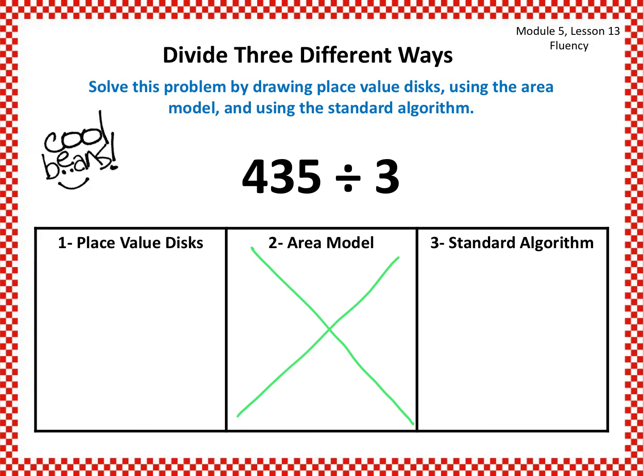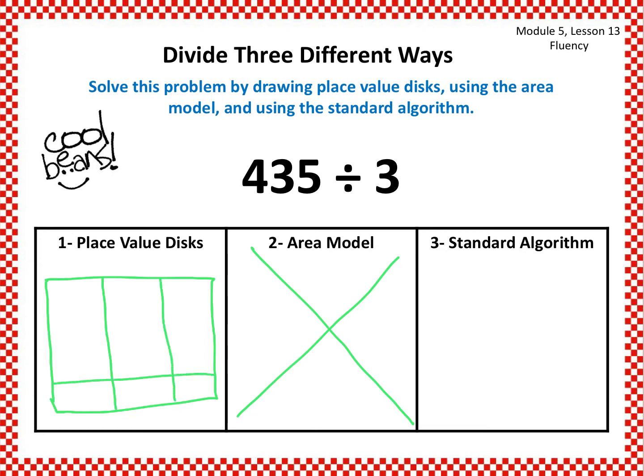So if I'm going to do it with place value, I'm going to go ahead and draw out my chart. And hopefully you'll have more room. It would be great if you did this on your own, so pause it and then come back. All right, I am going to show 435. So 30 and